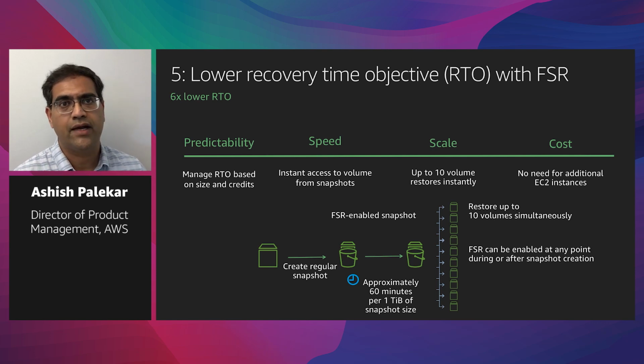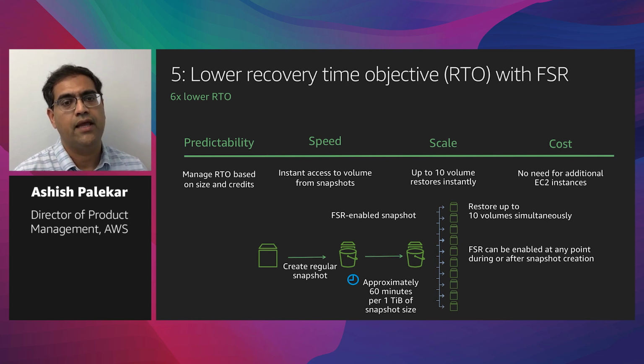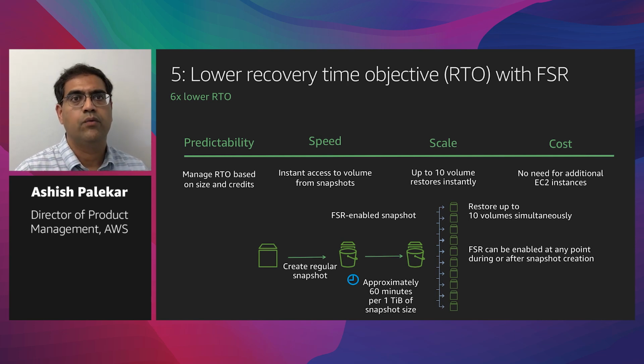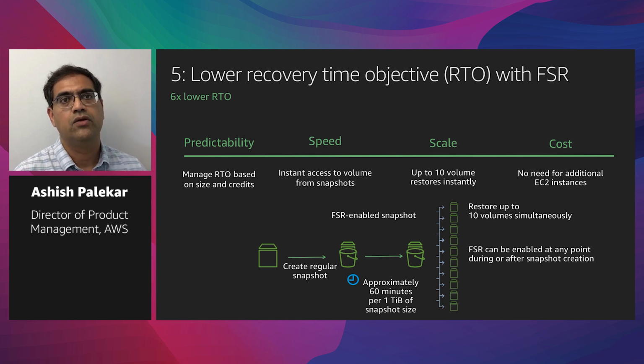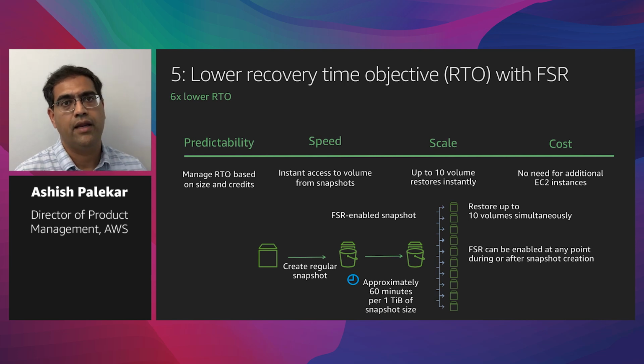Now, customers have come to us and said, well, what can you do about it? And so in November, what we launched is a capability known as Fast Snapshot Restore. What Fast Snapshot Restore does is it allows you to take a regular snapshot, enable that snapshot for FSR within a single AZ. It starts to take the process and make the snapshot available to load volumes. And after it's done with its initialization, you can now launch up to 10 volumes simultaneously from an FSR-enabled snapshot,